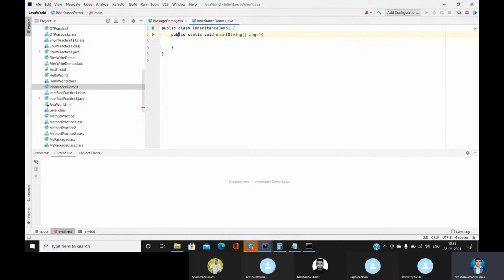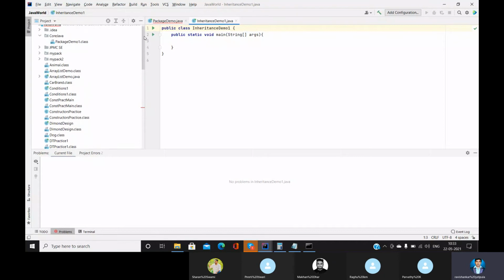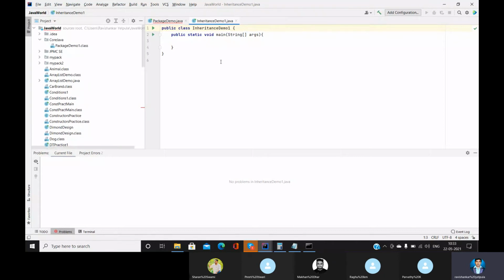First thing, public. Now we have seen the packages concept, and we are going to see the inheritance concepts also today itself. Whenever you declare a class as public, it means that this class can be used anywhere. You just have to create the object of this class and you can use it. So whenever you write public, this class will be available for the public, guys. Just now we have seen the Scanner class. The Scanner class was a public class.